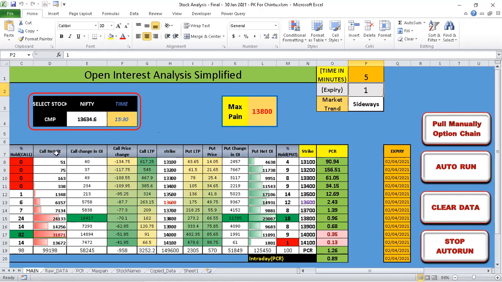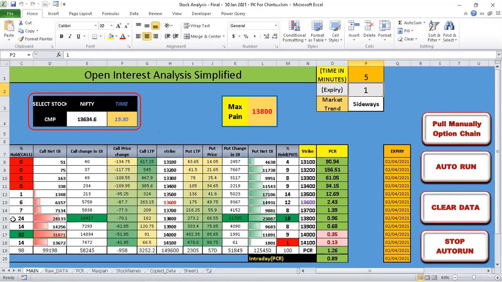In this data sheet, we have made one key change, which is we have removed the volume for the particular strikes. And instead of that, what we have added is how much percentage call writing or put writing has happened on a particular strike, which means if I have to analyze this here, out of these 11 strikes, we see the highest call writing is at 14,000 and it is about 32% of the overall call writing at this level. So therefore, this is an important level for us to note.